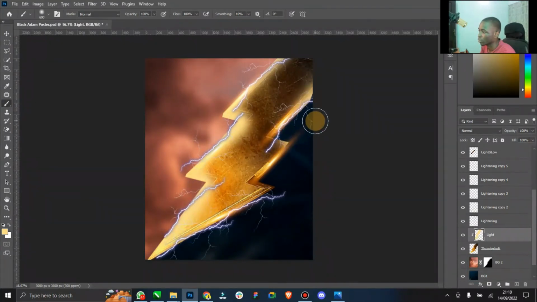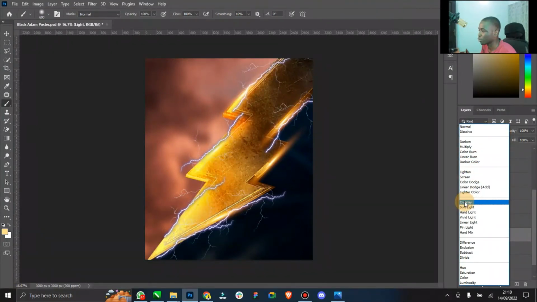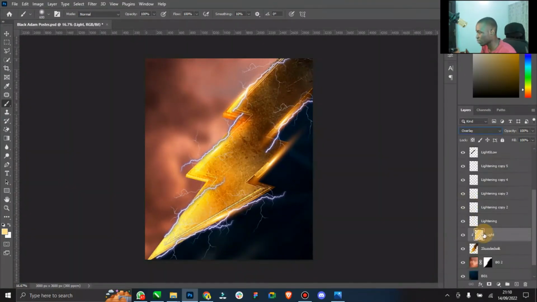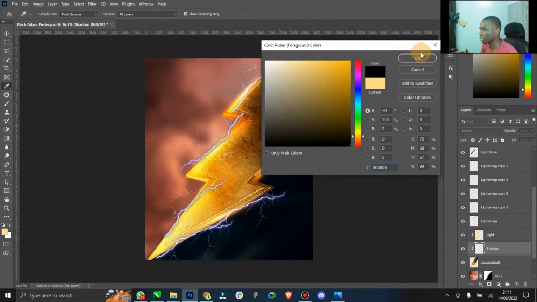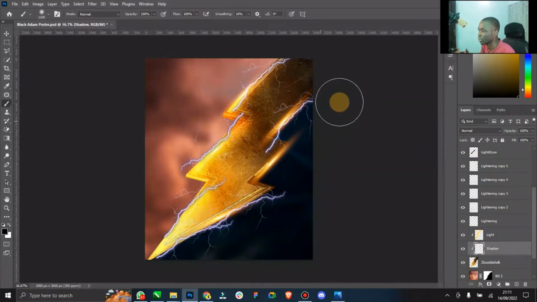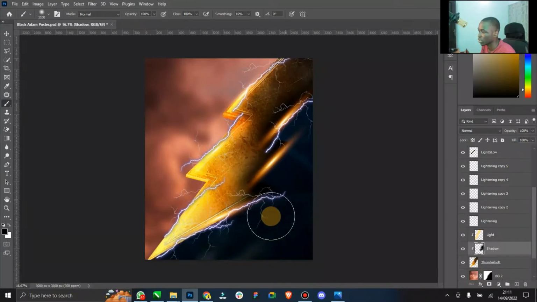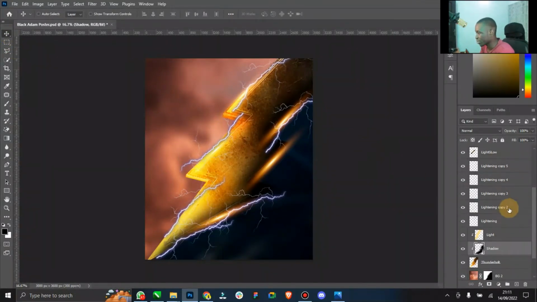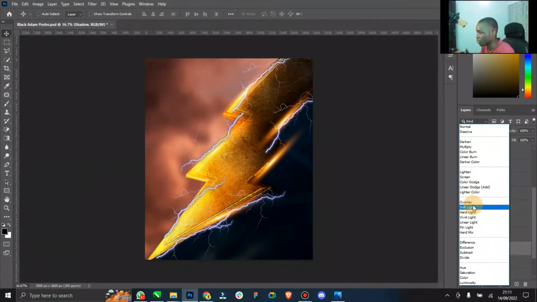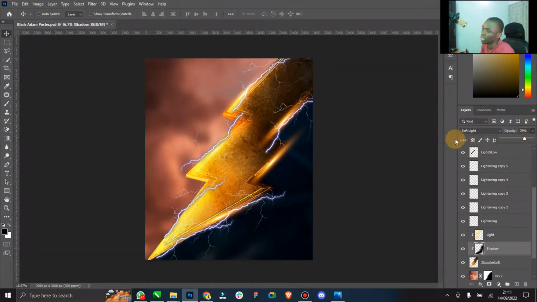Just like so. This one would not have light because it's in a dark place. But yeah, this would have light. So that light you apply overlay, or soft light, anyone. So then create another layer, call it shadow, then switch this to black, then you can apply shadow on this just like so. Then overlay or soft light, whichever one works for you. So yeah,